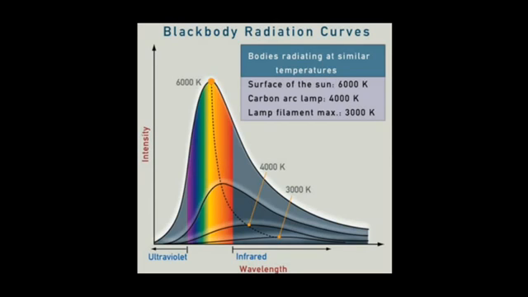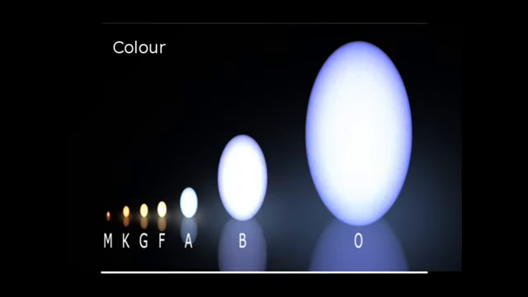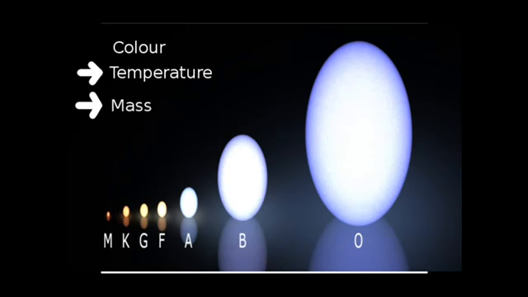If you don't feel like this is impressive enough, well, from knowing how hot it is, we can also work out how much fusion is needed to take place in order to keep it at this temperature. And in order to have this much fusion, we can then work out how much mass has to be there. The final consequence is that we then know how big the star is.